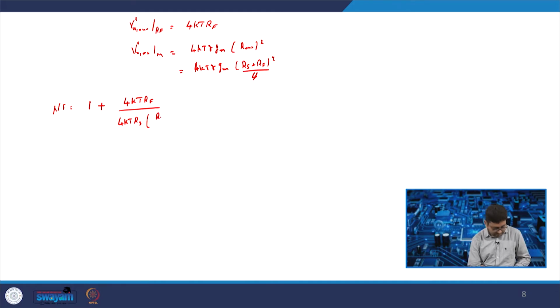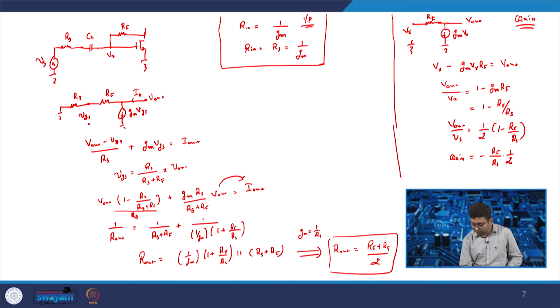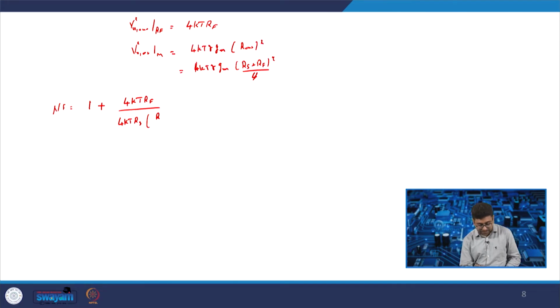What is the gain that we found? That is RF by RS. So RF by RS square, plus